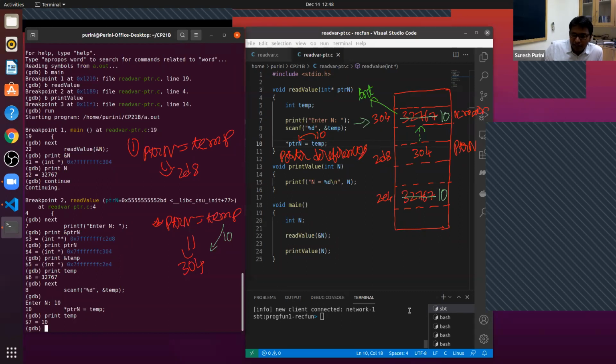Are you all with me? By and large, I don't know how else to explain. Maybe I need to come up with a different approach. But generally speaking, you get some sense of what is happening. Usually it is explained using diagrams, but actually we are looking at the addresses and looking at stuff.